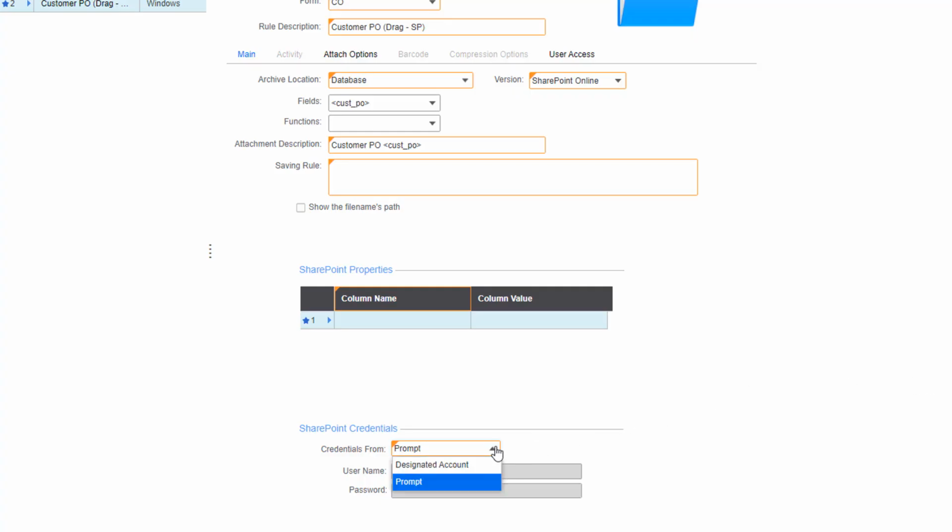Selecting designated account will allow you to enter the username and password for an authorized SharePoint account. Then DocTrack users will be able to open only the attached files in SharePoint without having to give them regular SharePoint permissions to the site. I'll copy and paste the username and password for an administrator account here.